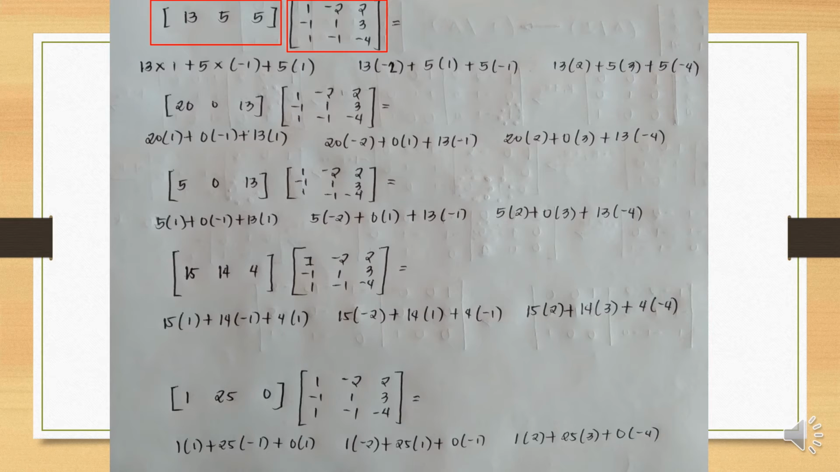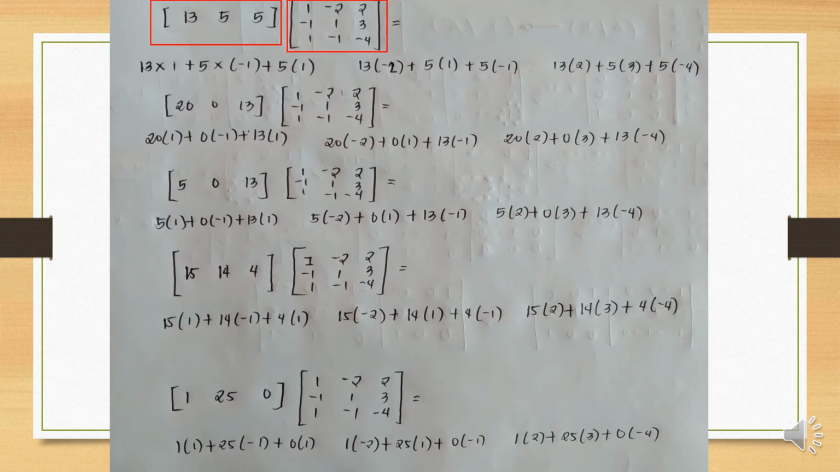So by repeating it again, 5, 0, and 13, we have 5 times 1 plus 0 times -1 plus 13 times 1. For the second column, 5 times -2 plus 0 times 1 plus 13 times -1. For the third column, we have 5 times 2 plus 0 times 3 plus 13 times -4. And repeat it again